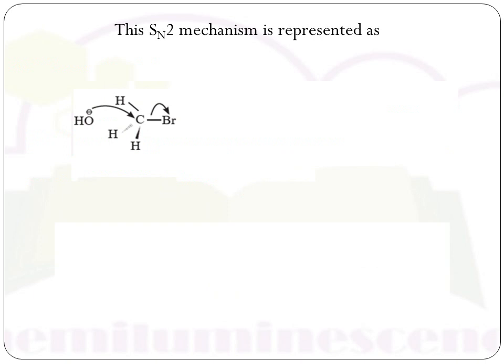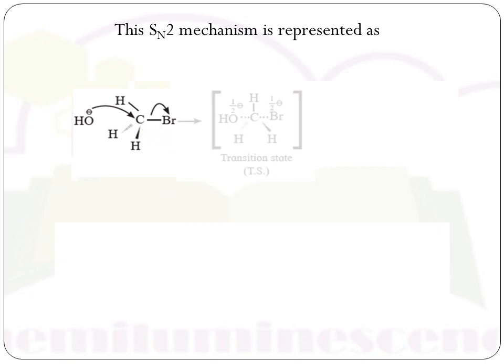Let's see the sequence or mechanism of the SN2 reaction. In this reaction, the hydroxide ion, that is the nucleophile, attacks the backside of the electrophilic carbon which is bonded to bromide. As C-O bonds start to form, C-Br bonds start to break. That means bond forming and bond breaking at the carbon take place simultaneously.